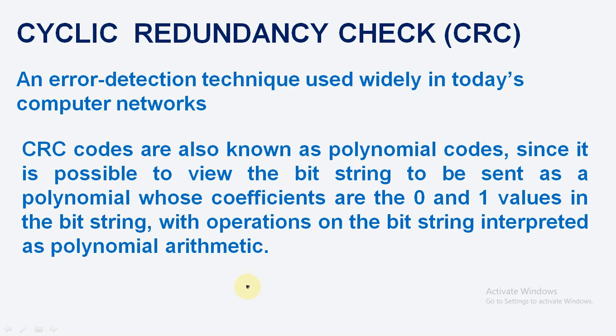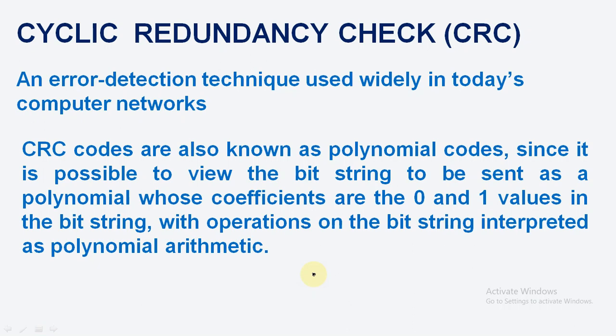Then to the data polynomial the remainder is added, and the data plus added remainder will be sent to the receiver, and the receiver will once again divide what has been received by the generally agreed upon generator polynomial,